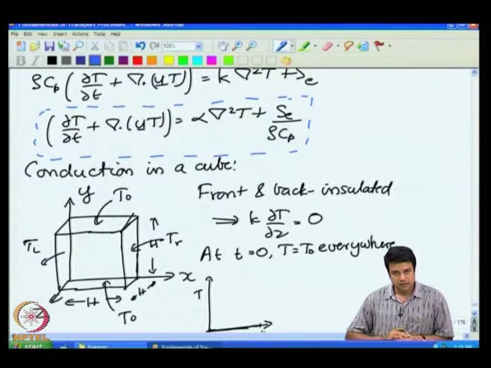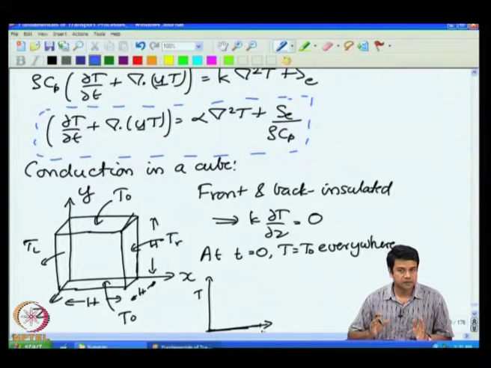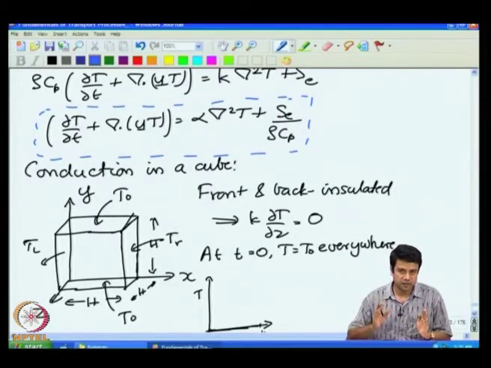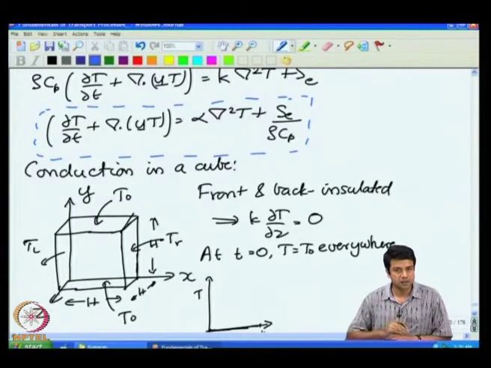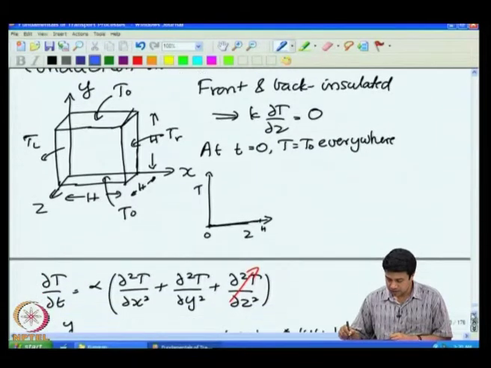Exactly at t equal to 0, the cube was prepared in such a way that the temperature within the cube everywhere was equal to T naught. And at time t equal to 0, I imposed a temperature T L at the left face, a temperature T R at the right face, and I want to find out how the temperature varies both with position and with time. I told you that since there is insulation in the front and the back, there is no temperature variation